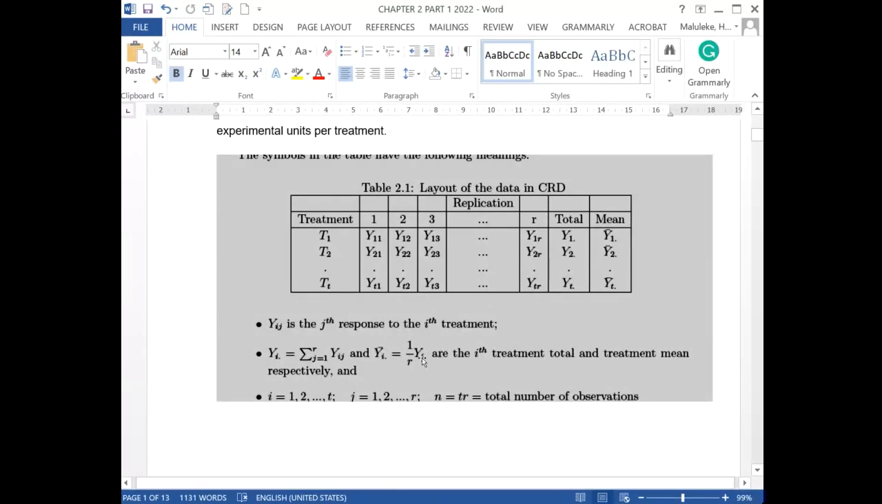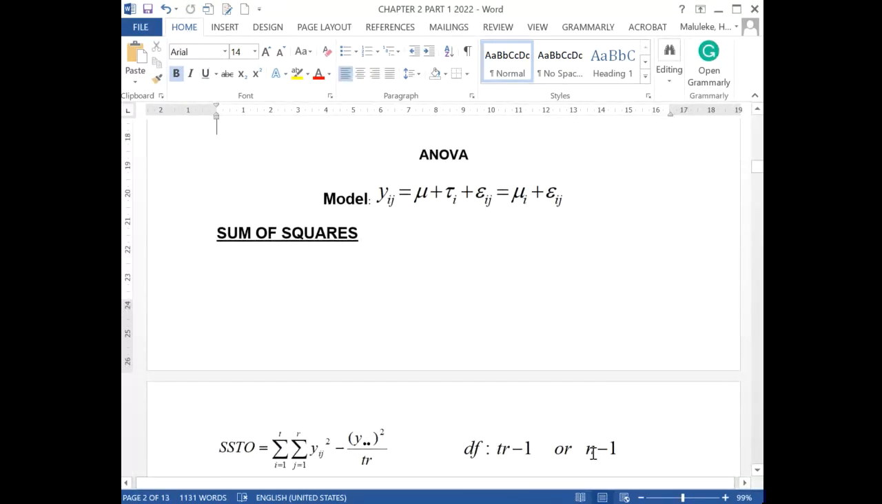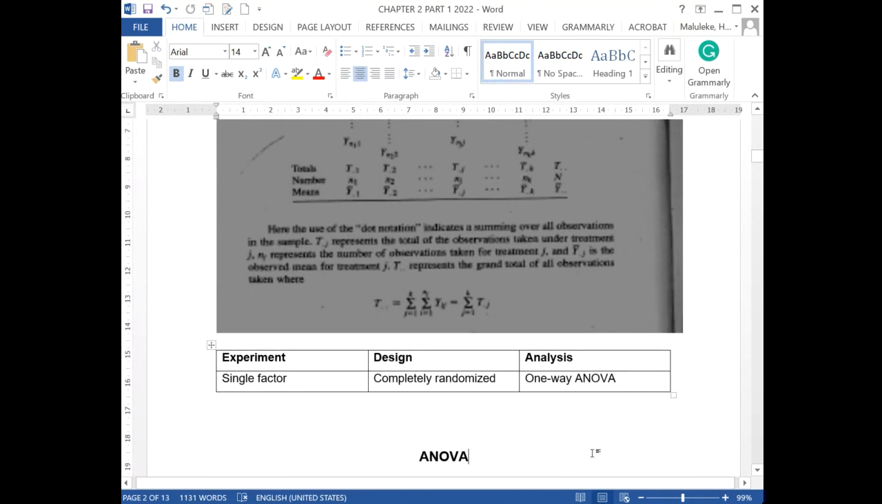The other question goes with the second layout. So here it is. My brother asked the question about how you find the mean of the treatment. Here is the formula: Yi dot bar equals 1 over r times Yi dot. And when you want to find n, it is t multiplied by r, the number of treatments multiplied by the number of replications. This is only applicable provided the problem is balanced. If the problem is not balanced, you cannot say t multiplied by r. I indicated that our problem is a single factor